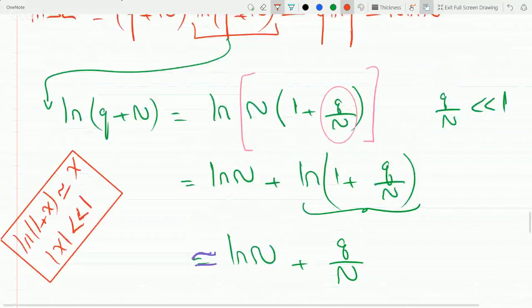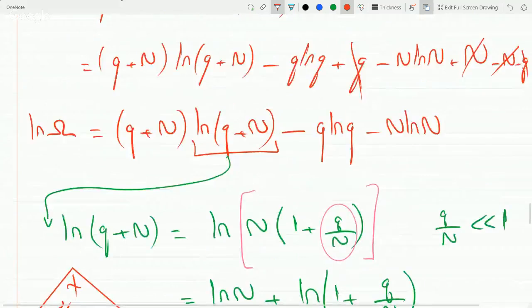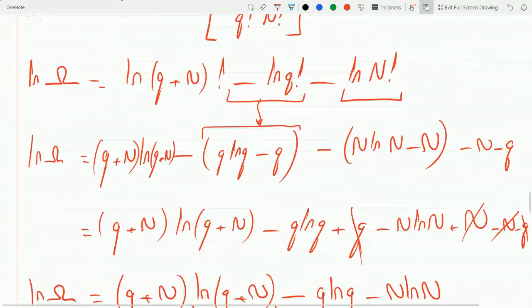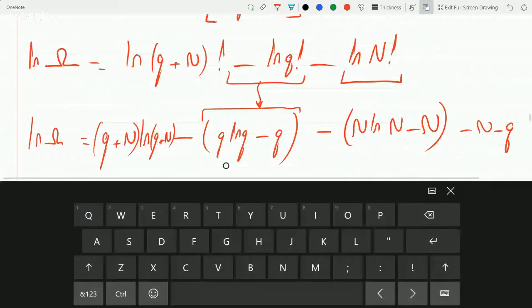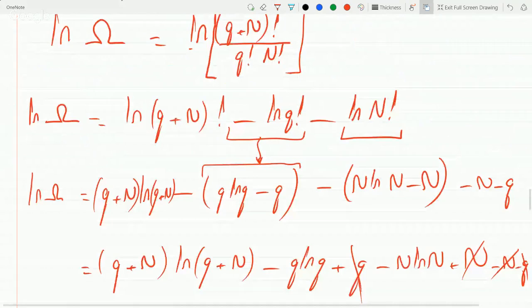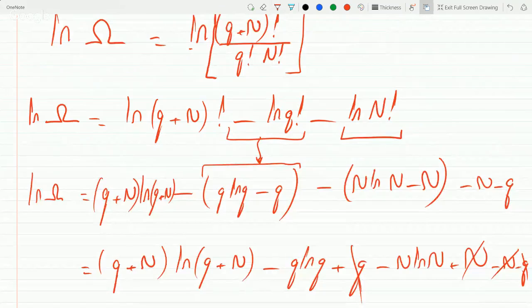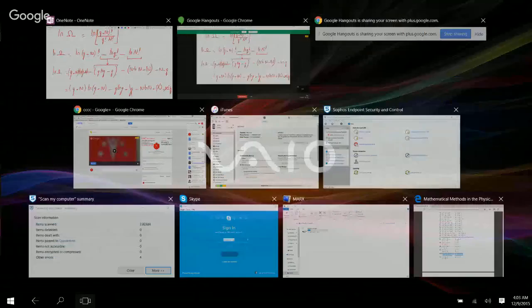The q factorial. Oh, those you have to use Stirling's approximation on them. Ln factorial is N ln N minus N. Yeah, I have that part. So I got q